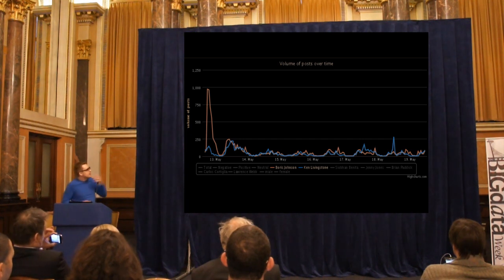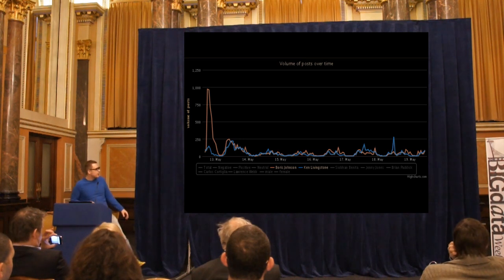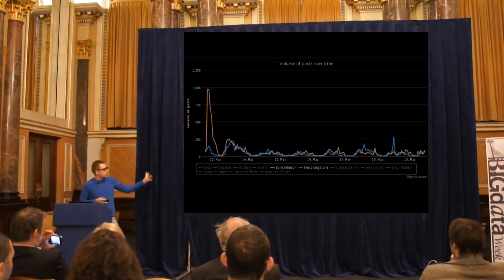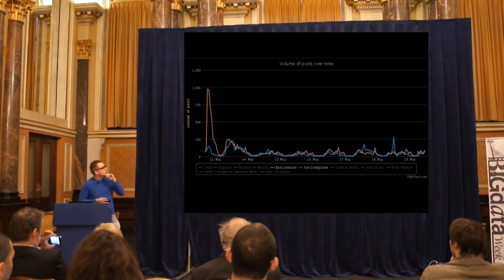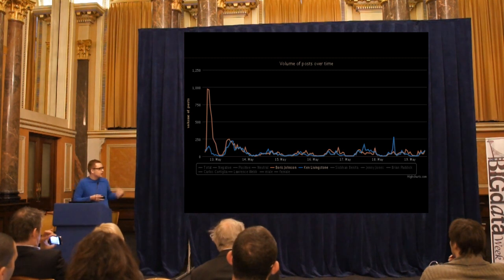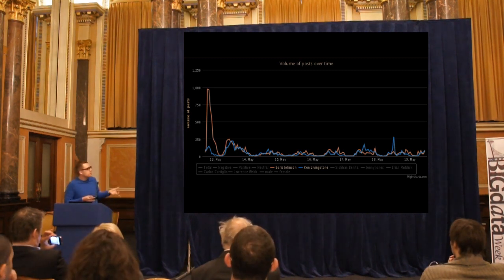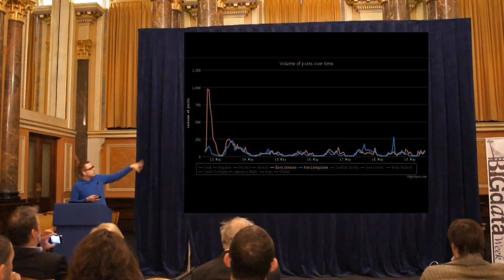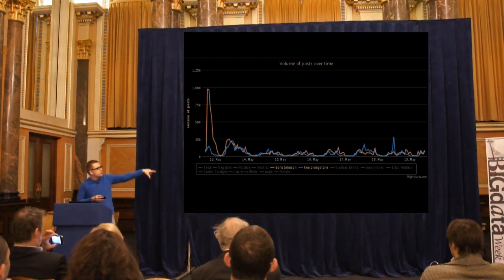So let's look at the simplest data visualization there can be. It's just a line graph. If you are looking for patterns, you probably quickly notice the pattern in this data representing days. This is data which shows the traffic, the content about the current election of the Mayor of London in 2012, which will happen in the next few weeks. We can see it's Boris Johnson versus Ken Livingstone, and we can see straight away that there is a pattern between day and night. So the content is rising during the day and it's pretty much down at night.